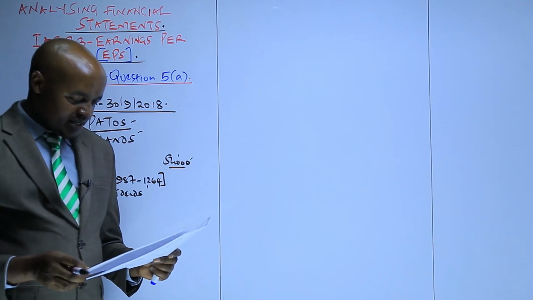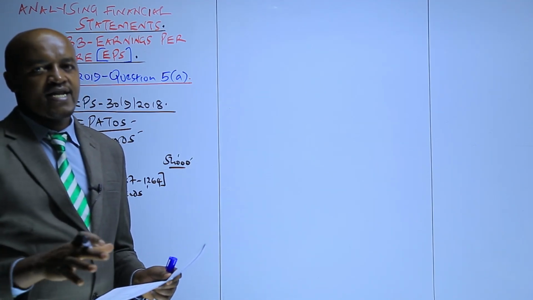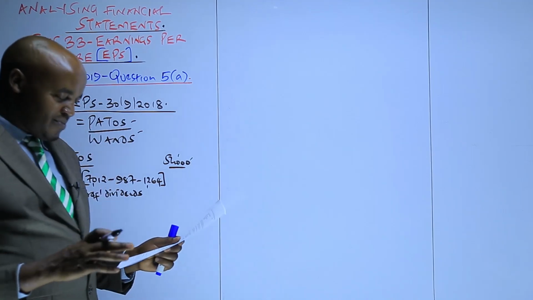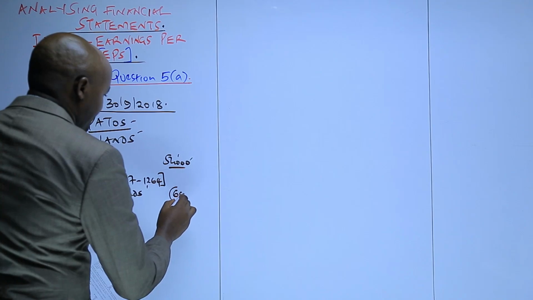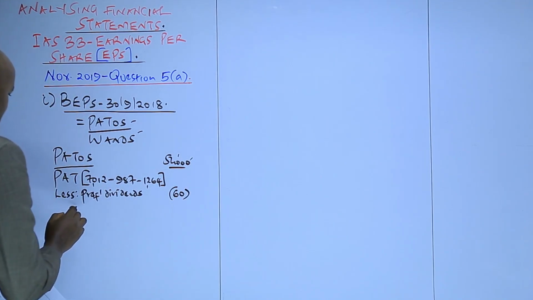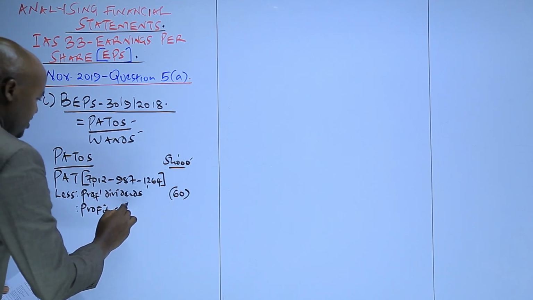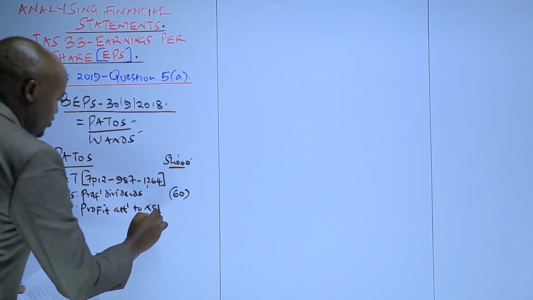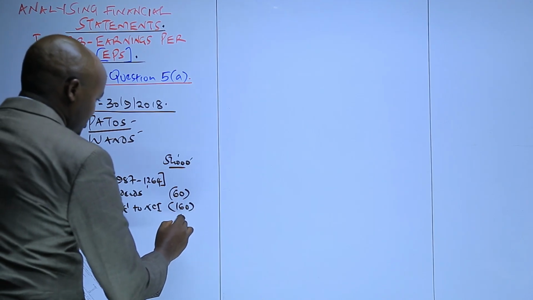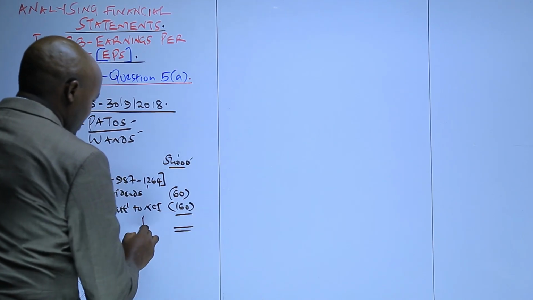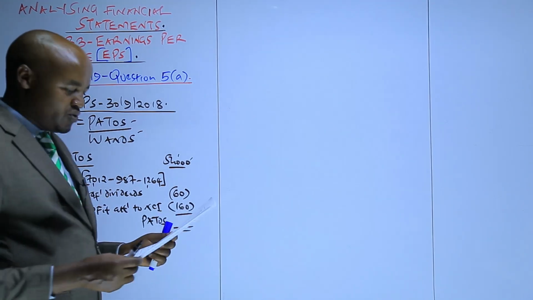But in the additional information number 4, we are told that preference shares issued by this company are non-redeemable. So therefore, you're going to less those particular dividends here, and you are given the dividend 60,000, and then to this we also less the profit attributable to non-controlling interest. We have that particular figure as 160. So whatever you're going to get here is what we refer to as the PATOS, the profit attributable to